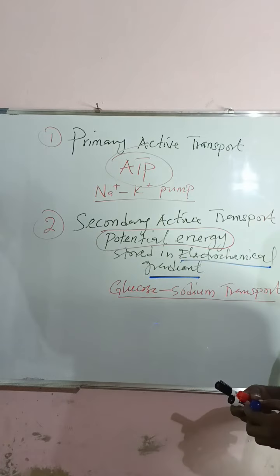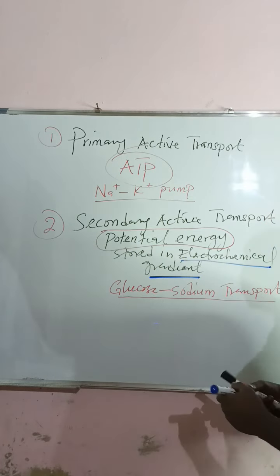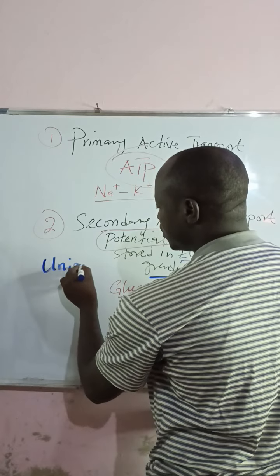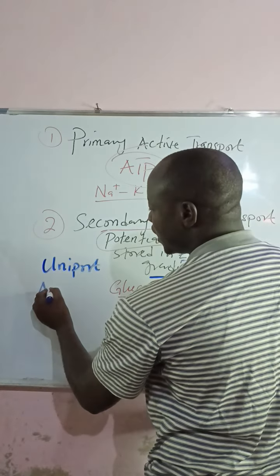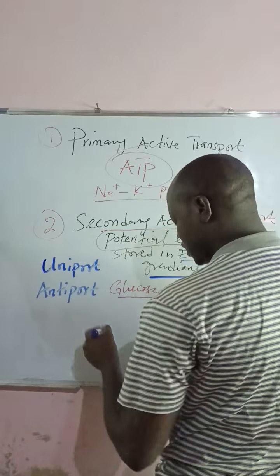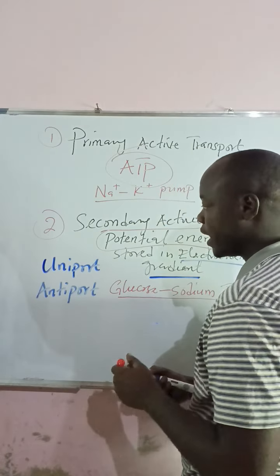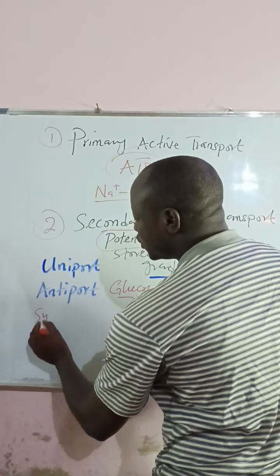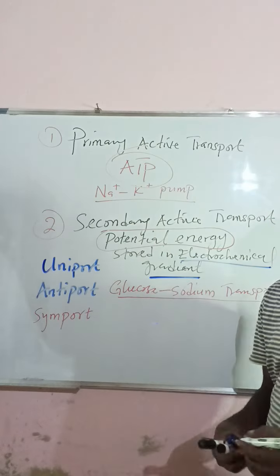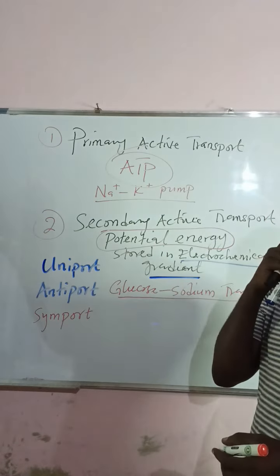And then we have the division of secondary active transport. We have uniport, we have antiport, and then the next one we have symport. So actually, in the case of uniport is when you